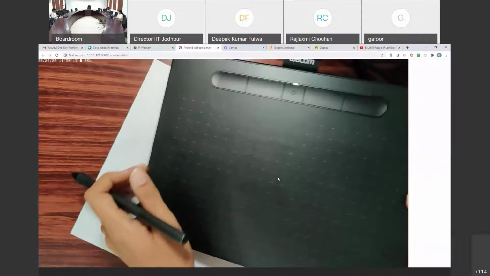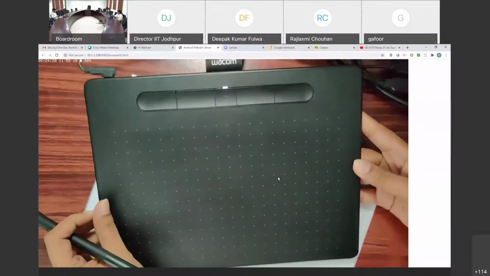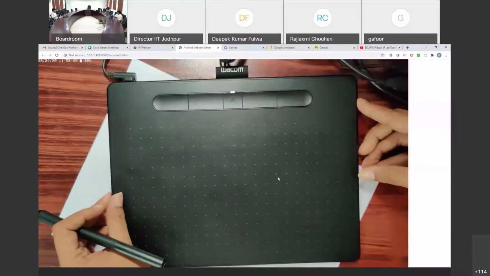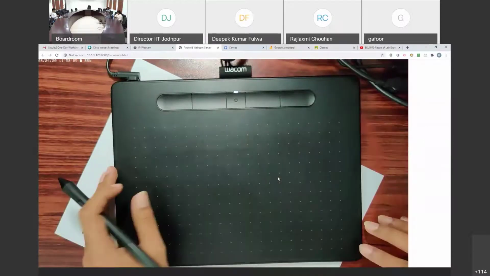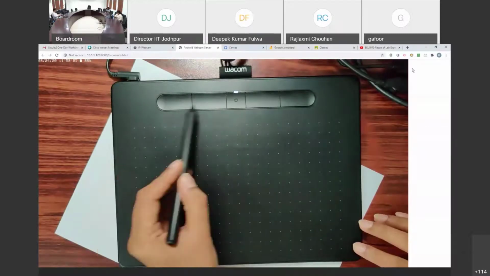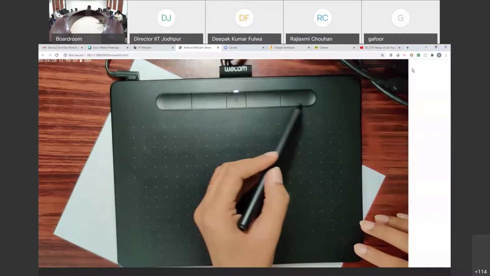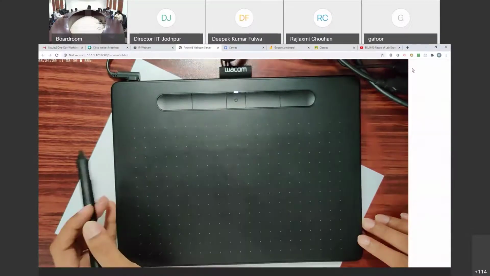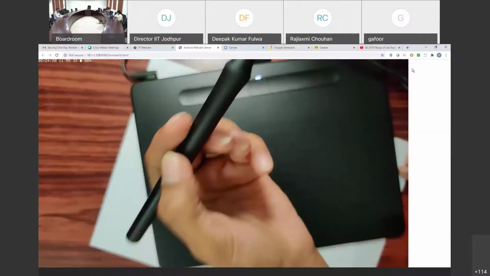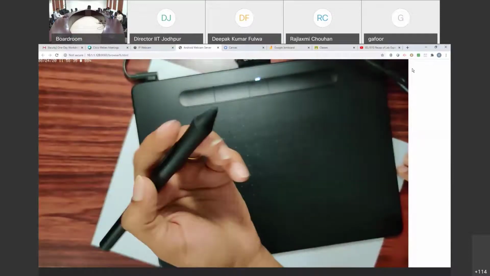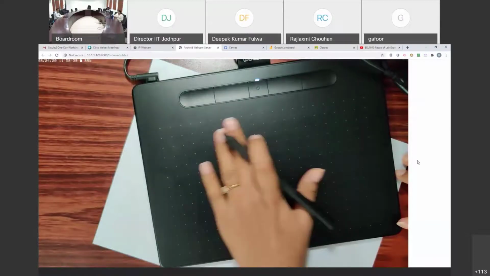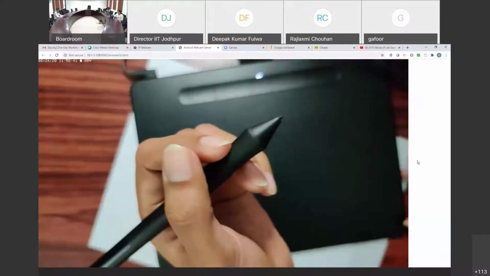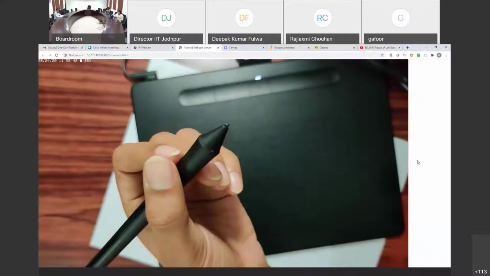But this is how a typical Wacom Intuos model would look like. This is 10 inch, so effective area is 8 inches. Wacom 1 will not have these buttons. These are actually not required for our use for a typical lecture. This is how the stylus looks like, right? So when you write on this, you will not be able to see anything here, but it's very easy to use. It takes just a couple of hours of practice.